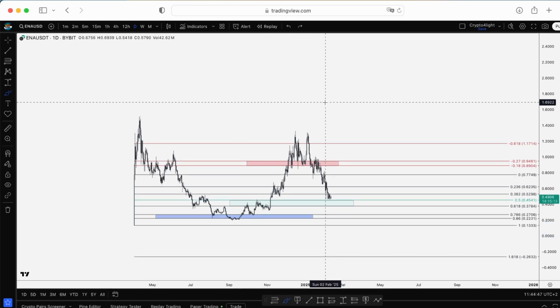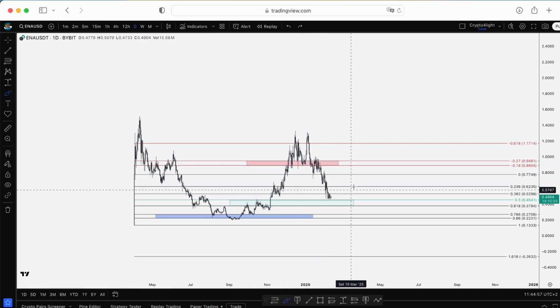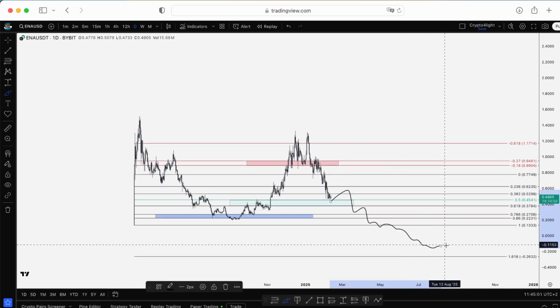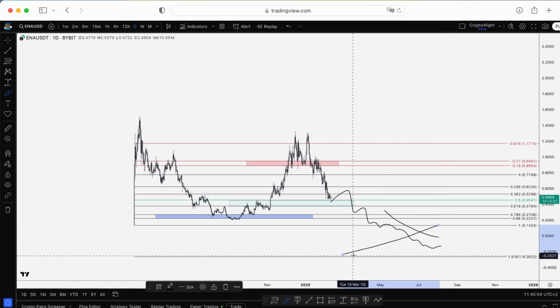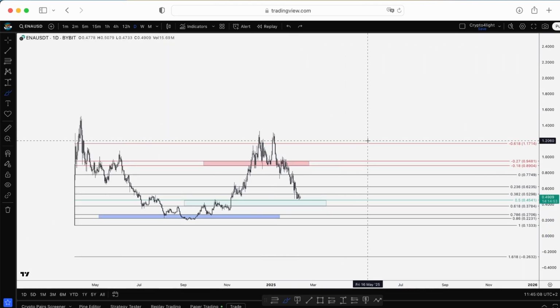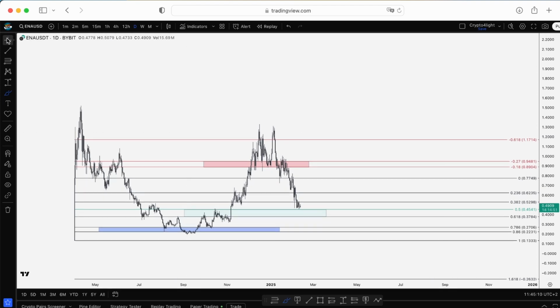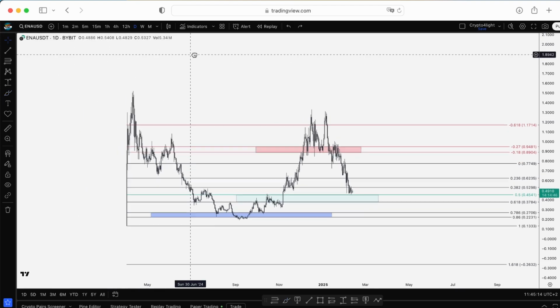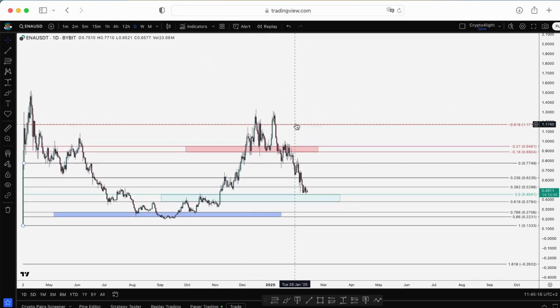What to do if the token dumps to the listing price? I highly recommend you go and check the video about StarkNet. The link will probably be in the description under this video, so you understand the logic of what to do. For example, with StarkNet or with IEVO, if the chart looks like this and we invalidate the idea, you will understand the logic of what to do if your token drops lower than the listing price and invalidates the idea. So this was not a mistake to fix a profit.